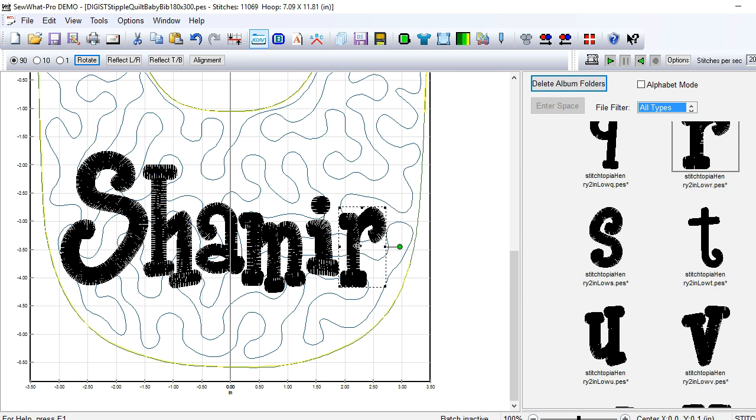Okay. And then the one thing that I like to pay attention to when I have a lettering like this, I like to have them small and big and small and big. It makes it more playful and more whimsical. And so that's why if you notice, I have the A, the I, and this part of the H all